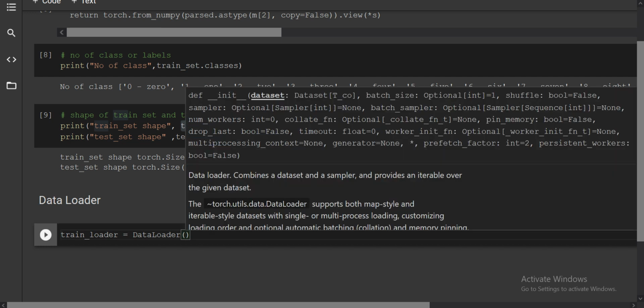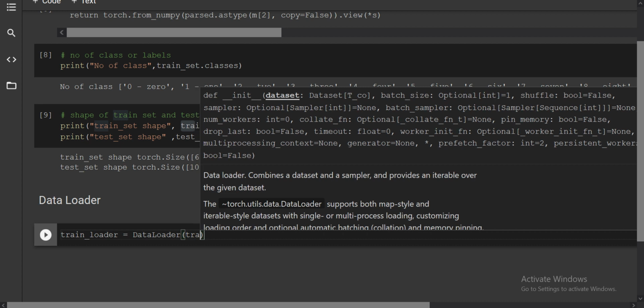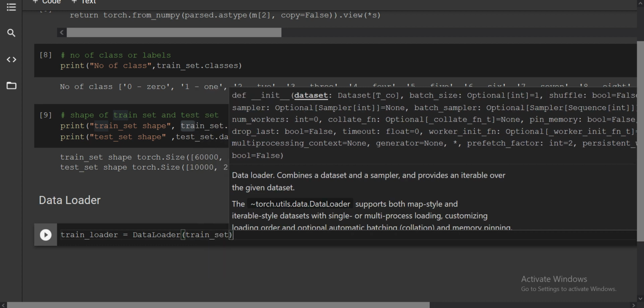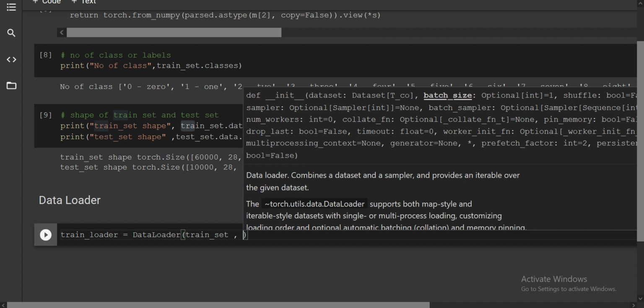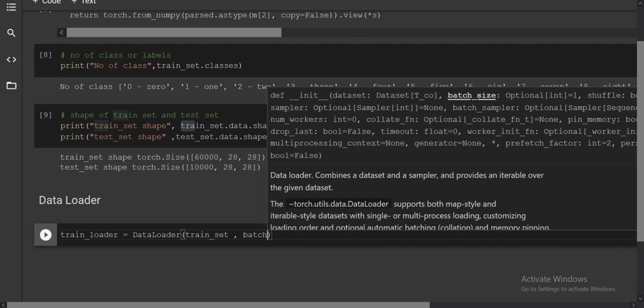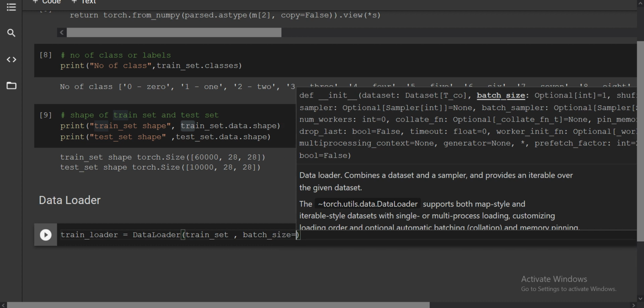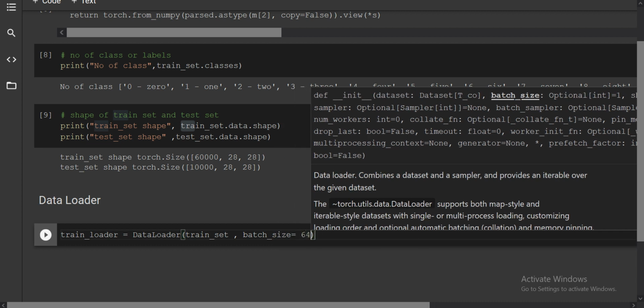The first parameter is the train set, the data set you want to import into the data loader. We already have the train set that we downloaded from Torch Vision. The second parameter is the batch size. We will take 64 because it's enough. It depends on how much computational power your laptop has. From my view, you can take 64 or 32. That's a good batch size. You are just dividing the images into batches.